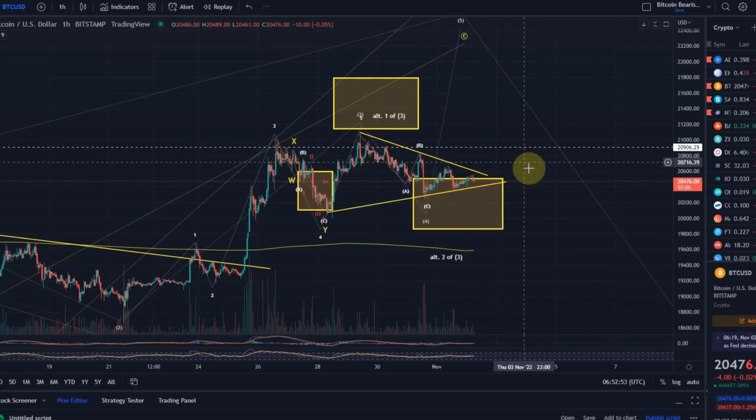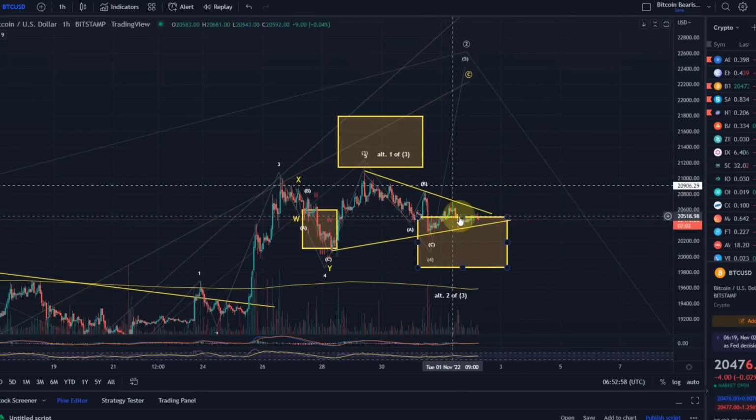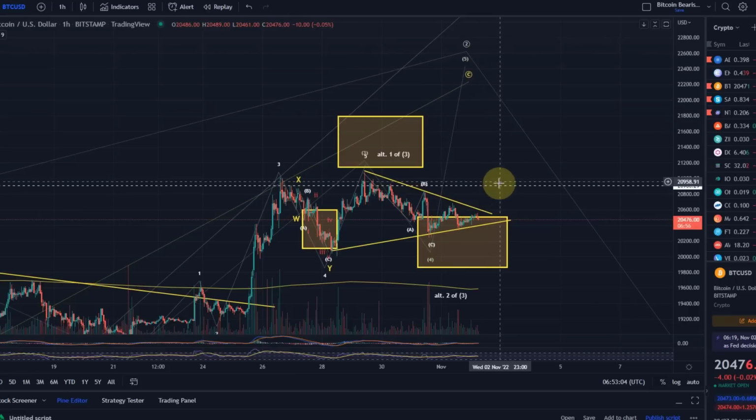If we react to that and come down again, it would be, let's say, a confirmation for a triangle. If we just push through here, it would be an indication that wave 5 is already starting. So if we see a breakout out of the triangle to the upside, break above the B wave high, which is at 20,850, and then the wave 3 high at 21,090, would be a strong indication that wave 5 is